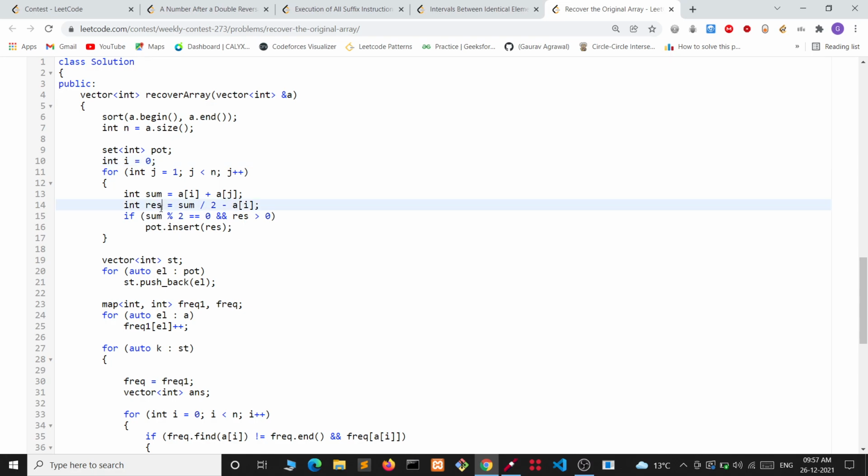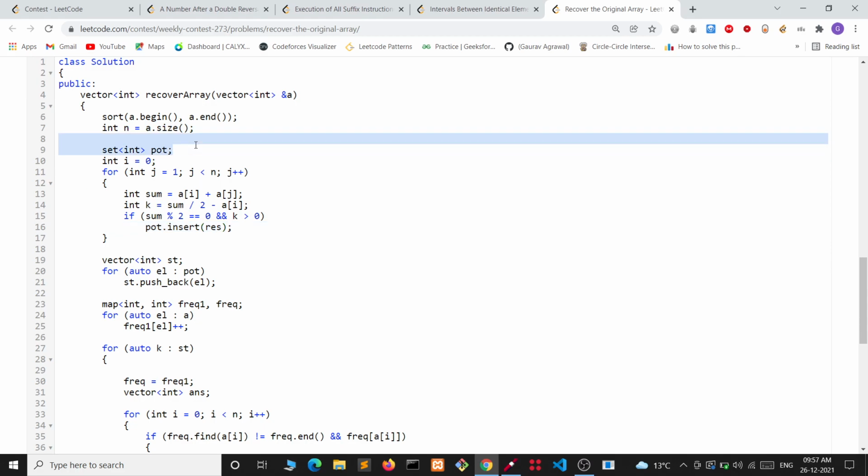If the value of K is greater than 0, then we insert it as a potential answer.